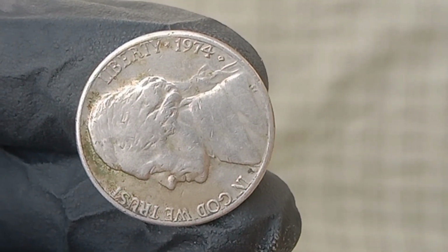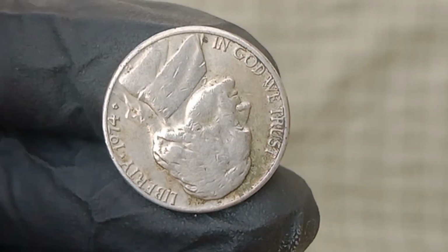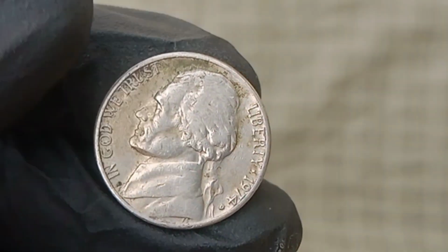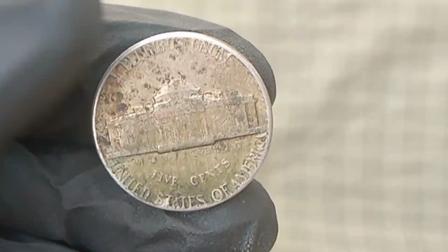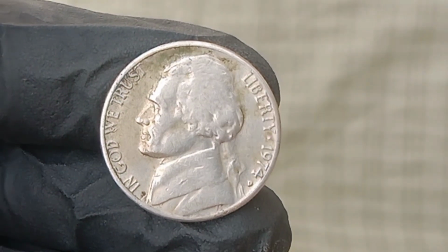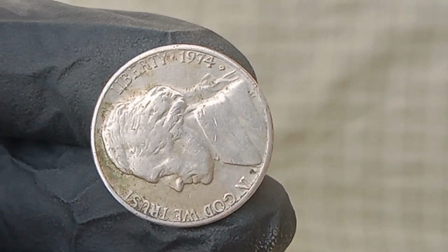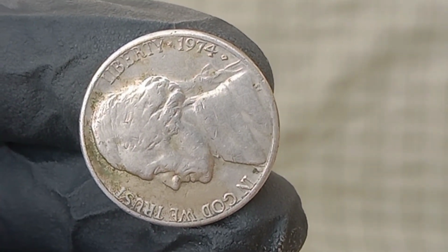Stories abound of people finding these coins in pocket change or tucked away in inherited coin jars, completely unaware of their staggering worth. In one famous case, a collector reportedly purchased a handful of coins from a flea market, only to later discover that one of them was a rare 1974 P-era nickel, now valued in the tens of millions. Such tales continue to spark hope among treasure hunters and hobbyists who scour their change in search of these numismatic